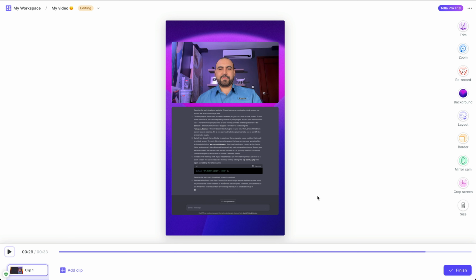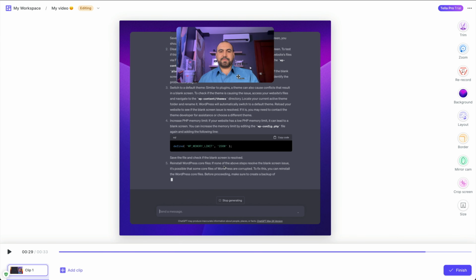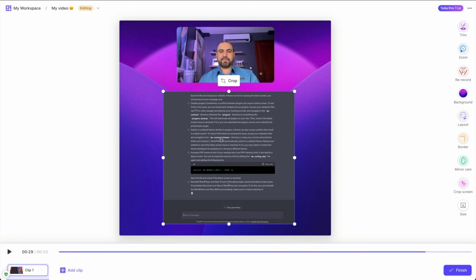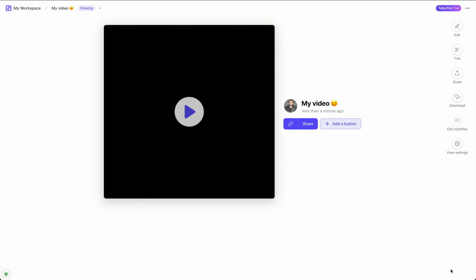So right now I have a video that's ready to export, and it's in portrait mode for story, for Instagram, for TikTok, etc. Really easily. And there's also the square mode in case you want to use this for, I don't know, Instagram, which is more like a square kind of thing, and just like resize things if you need to. And if you're done, let's go ahead and finish.